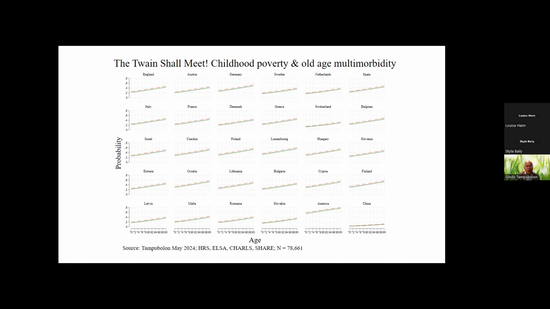Why is the same pattern repeated across so many countries and across so many conditions, including a summary of multimorbidity conditions? Something fundamental is going on that transcends variation in history and in health systems. You can appreciate the health system of the top left country, England, is very different from the bottom right country, China. What is going on that makes the childhood poor have higher probability of multimorbidity across these ages,